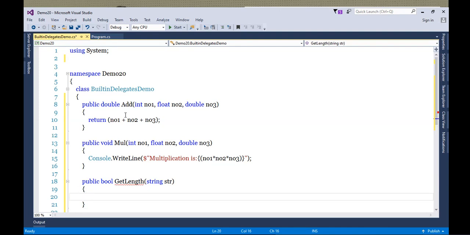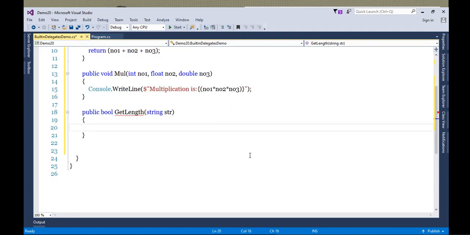In this method, what we need to do is check whether length is greater than 5 or 10 or not. If it is greater than 10, then we'll return true, otherwise we'll return false. So str.Length, if it is greater than let's say 7, then we'll return true, otherwise we'll return false.